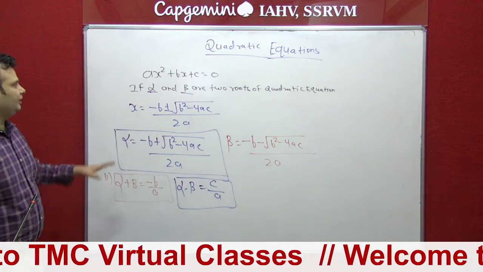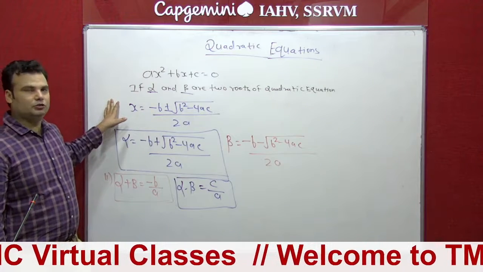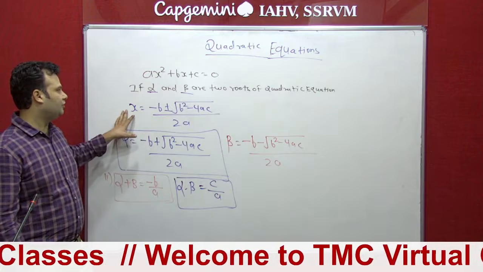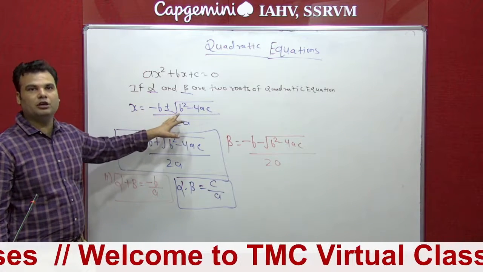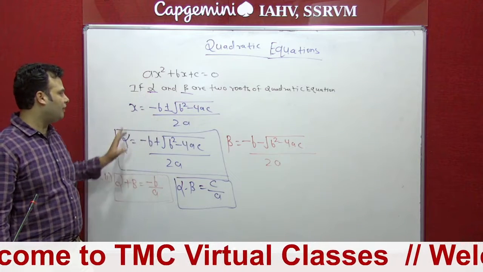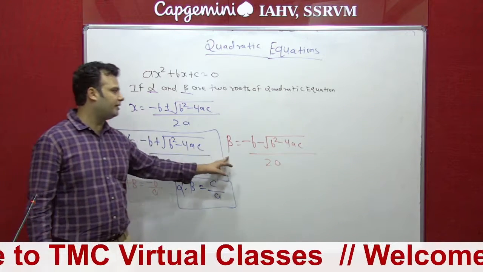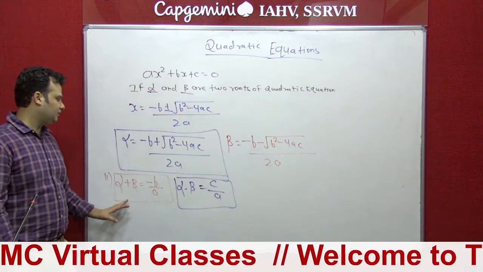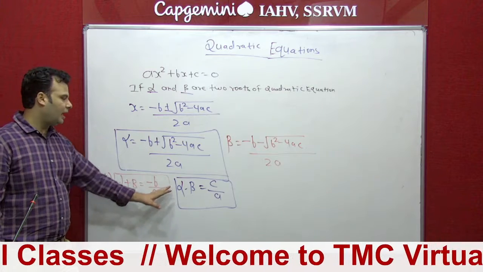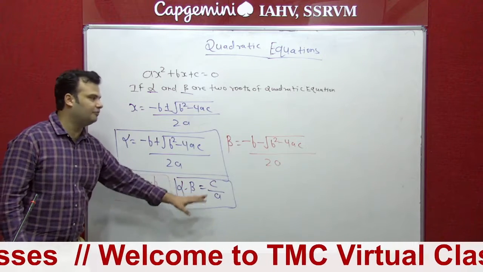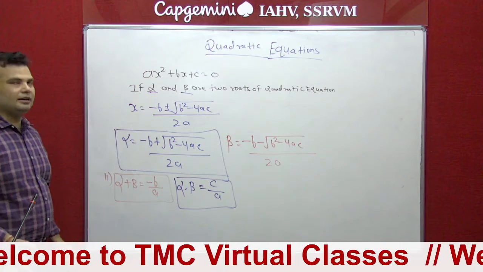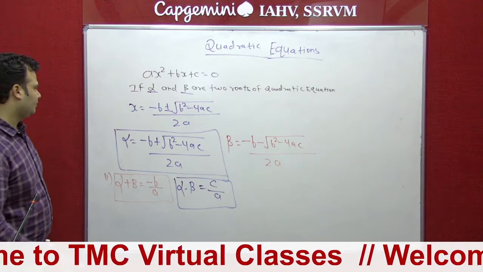So the first part is that any quadratic equation has two roots, one is alpha and the second one is beta. The formula is x equal to minus b plus minus square root of b square minus 4ac upon 2a. For the first root, alpha, we take plus, and for beta we take minus. When you add these two roots, alpha and beta, you will get minus b upon a, and their product, alpha into beta, is c upon a. So this is very important. If you want to take a screenshot, you can take. Then we can proceed to the next part.